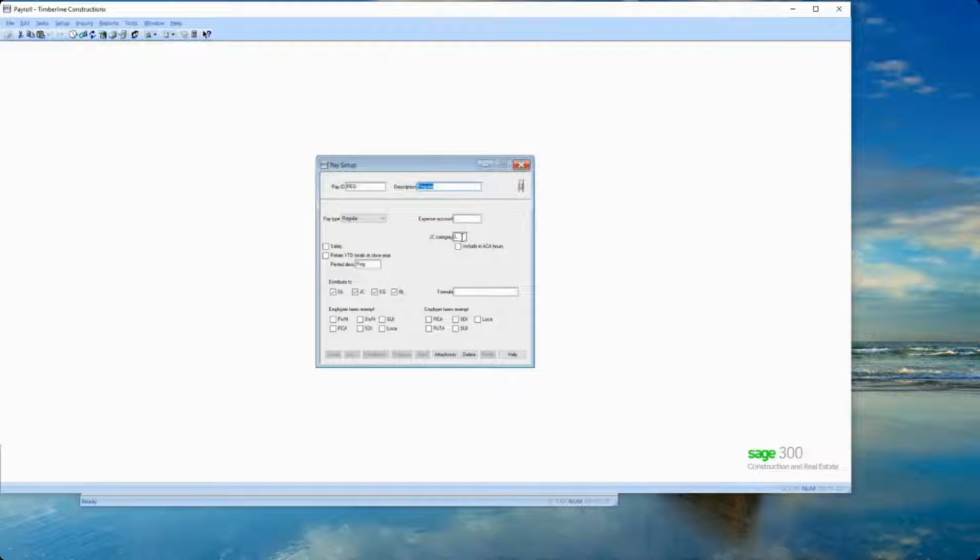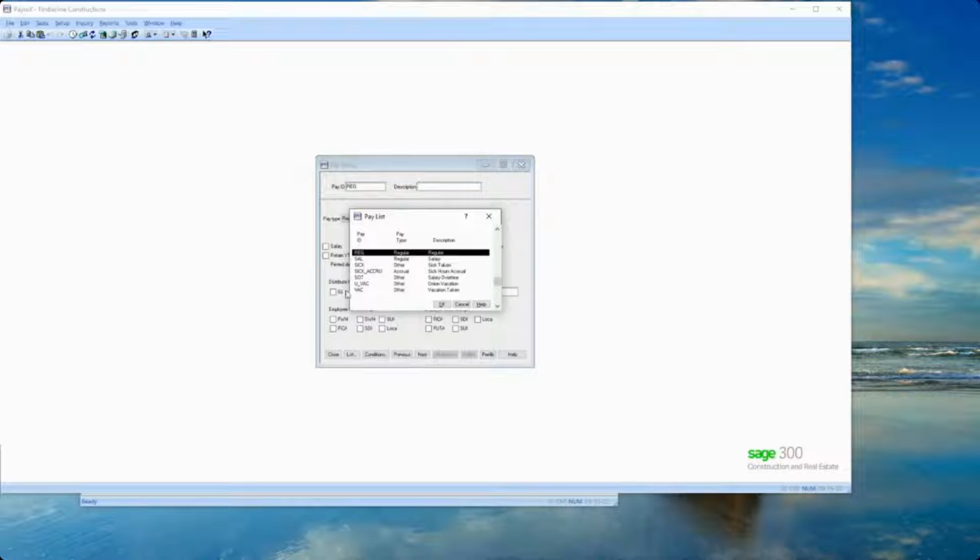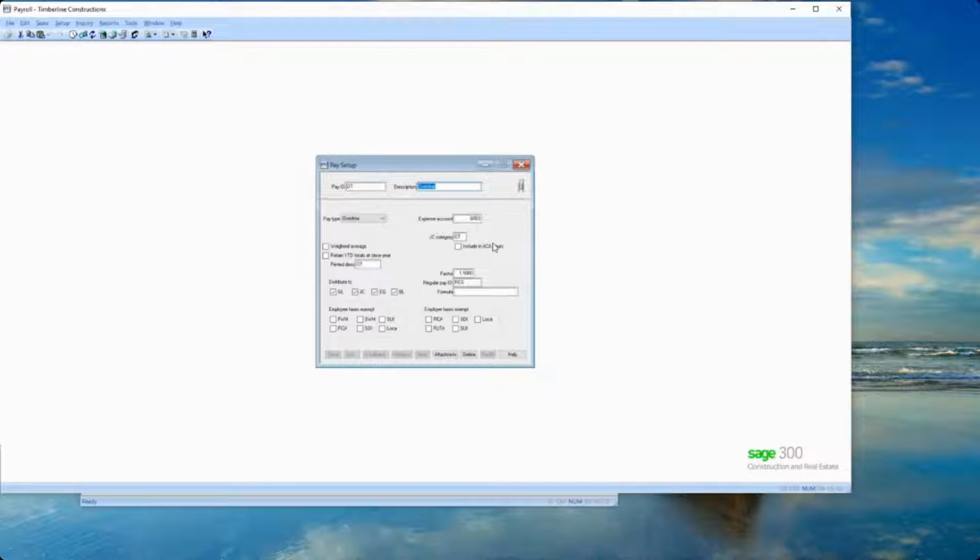The same for category, but for categories, if you use a different category for different pays, like let's look at overtime here, because I believe the sample data has overtime. Let's see, OT. In the sample data, their example has a separate category, but that means it's going to create a separate entry in job cost. So if you don't want overtime to be a separate entry in job cost, you would just make this category L as well, the same as the regular pay. Then it will summarize it.